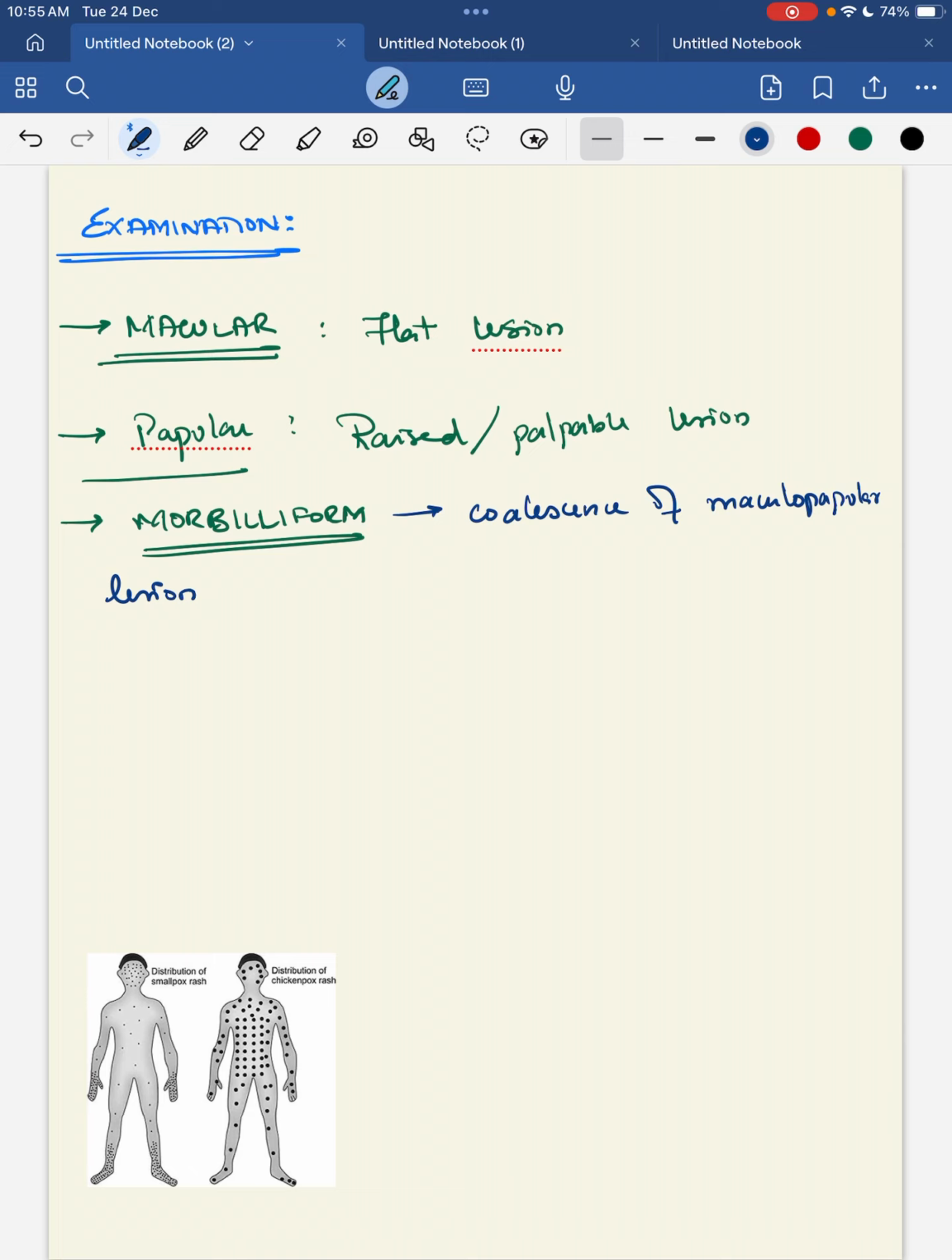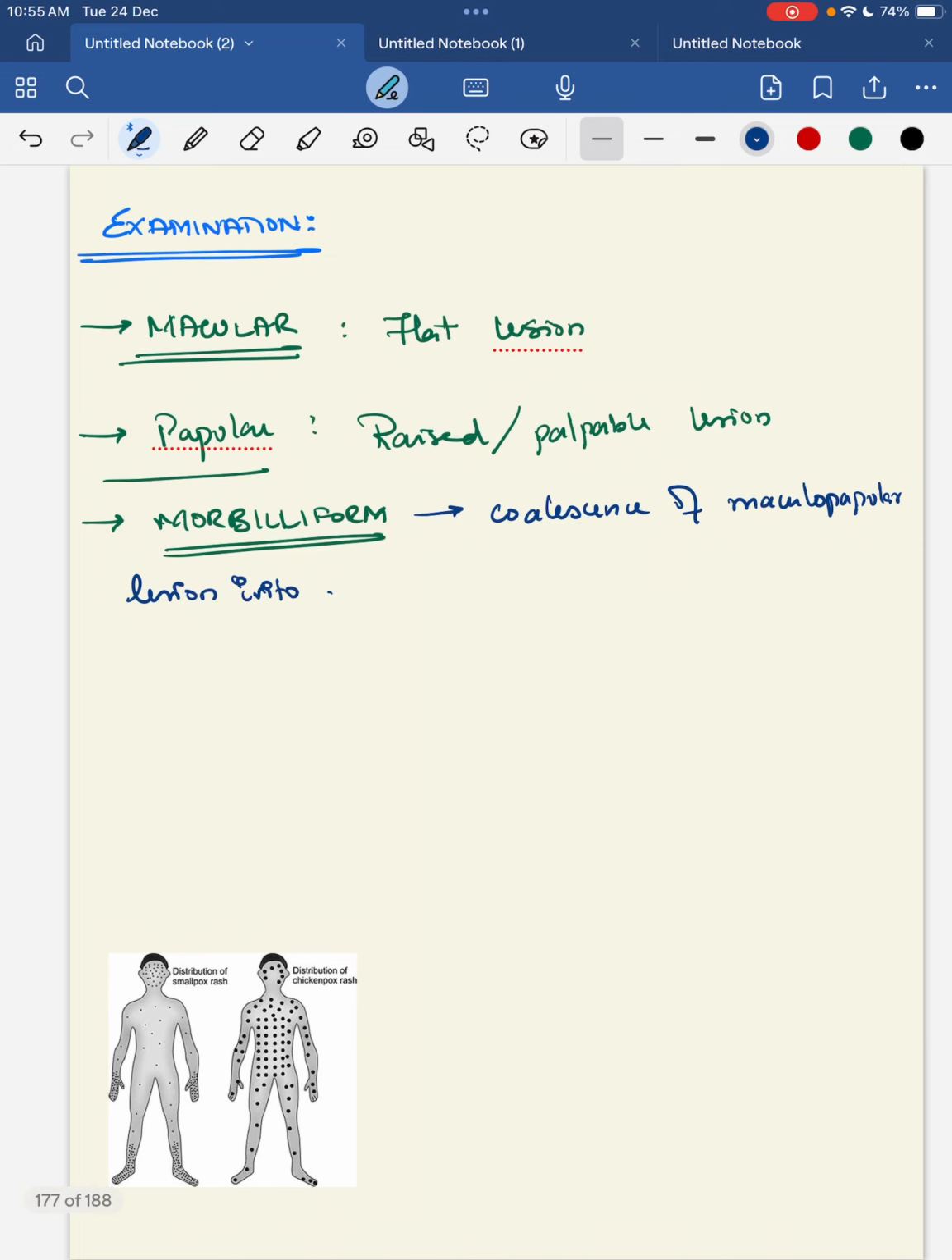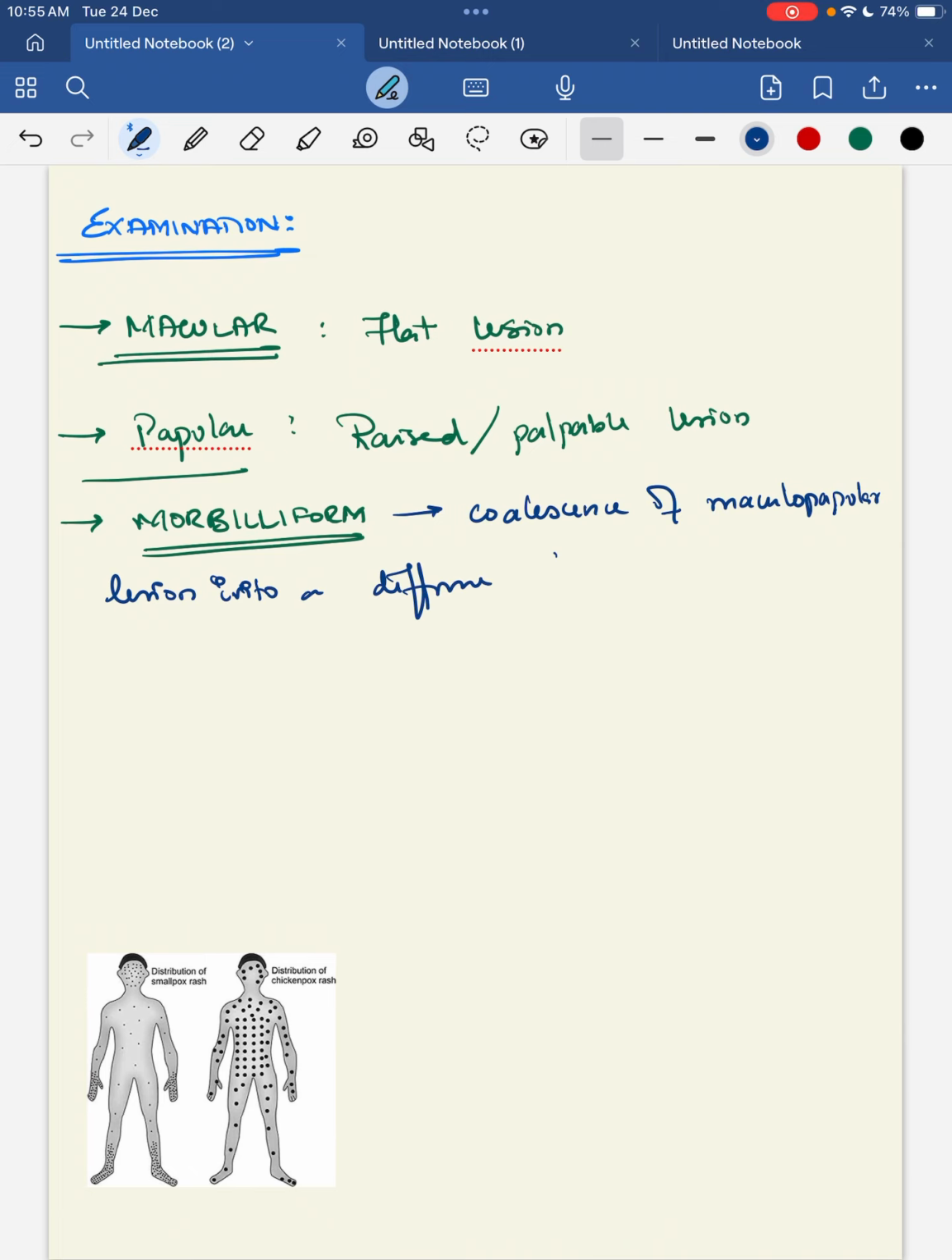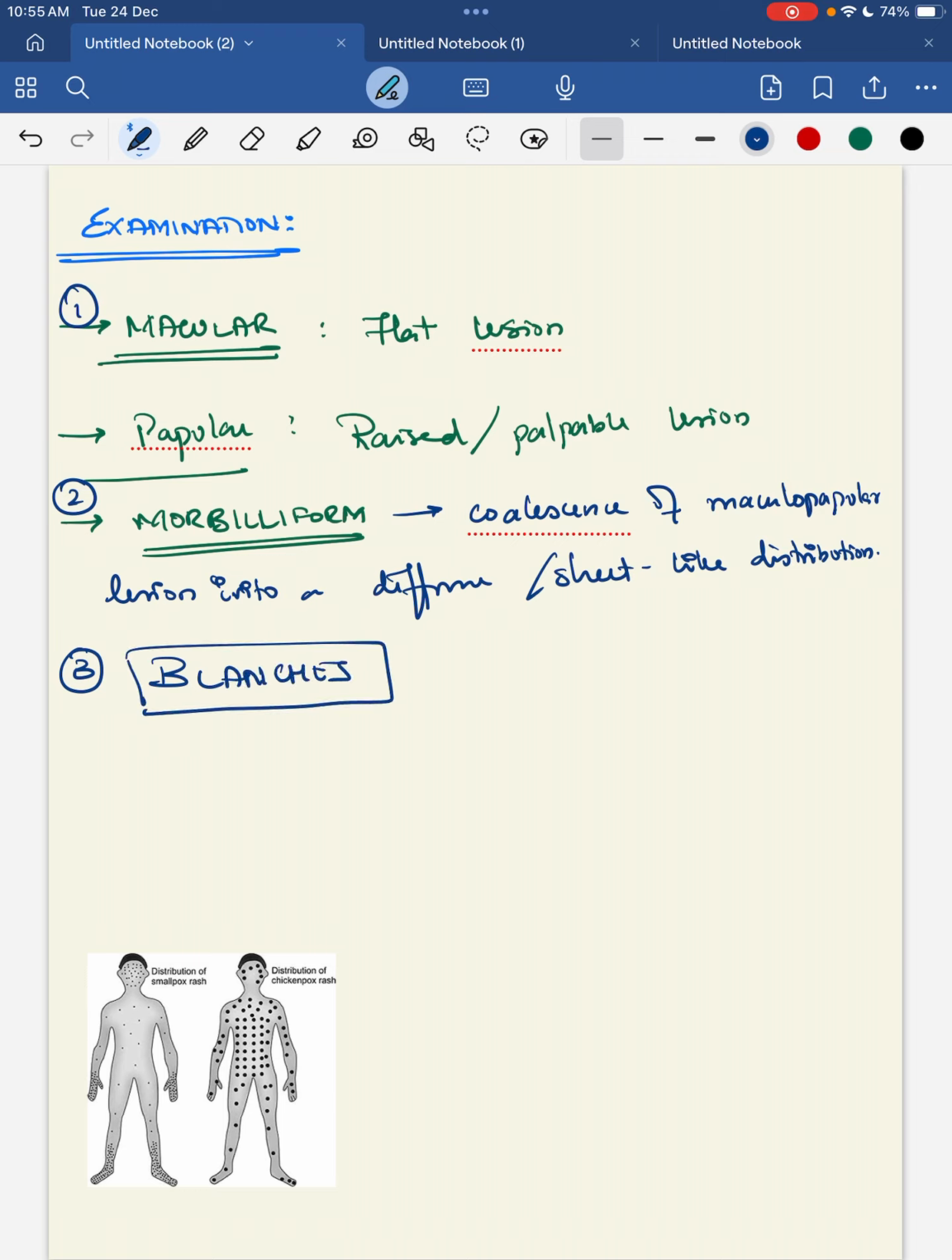Next, third important question will be, this is your first and this is your second. Third will be whether it blanches on pressure or not. Why do you need to know blanching on pressure? Because if the rash blanches on applying pressure, it is mainly due to dilated capillaries. If the rash does not blanch on pressure,